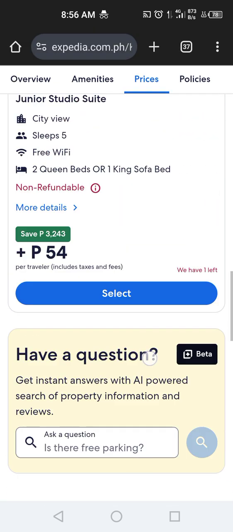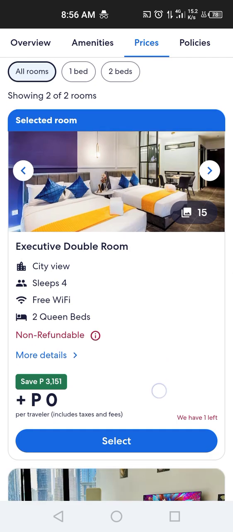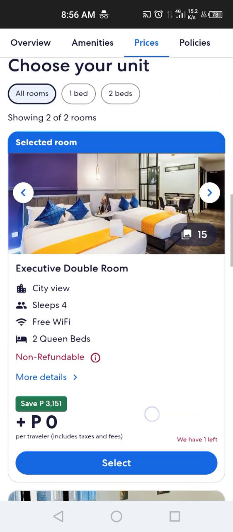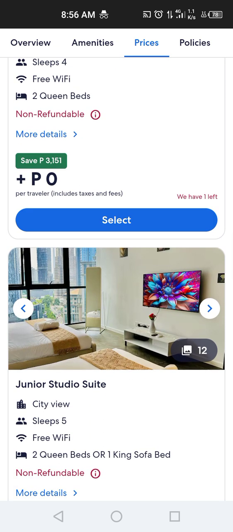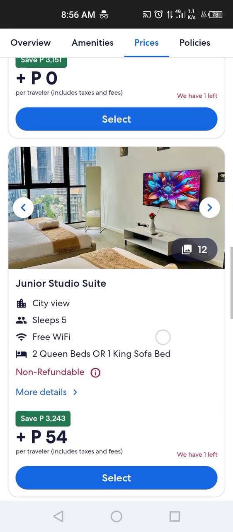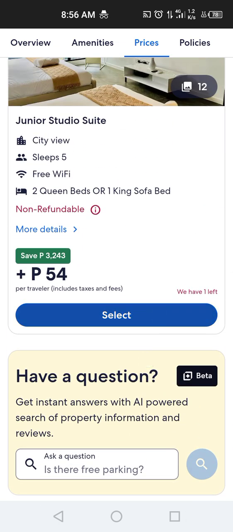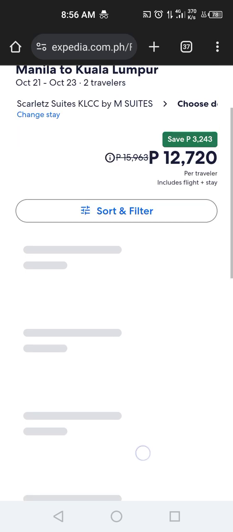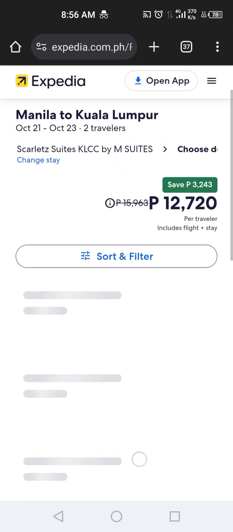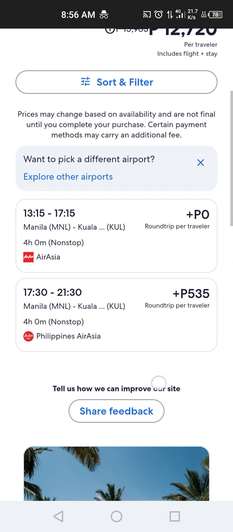So they don't have it. Okay, let's just select this one. Let's just wait for the loading.